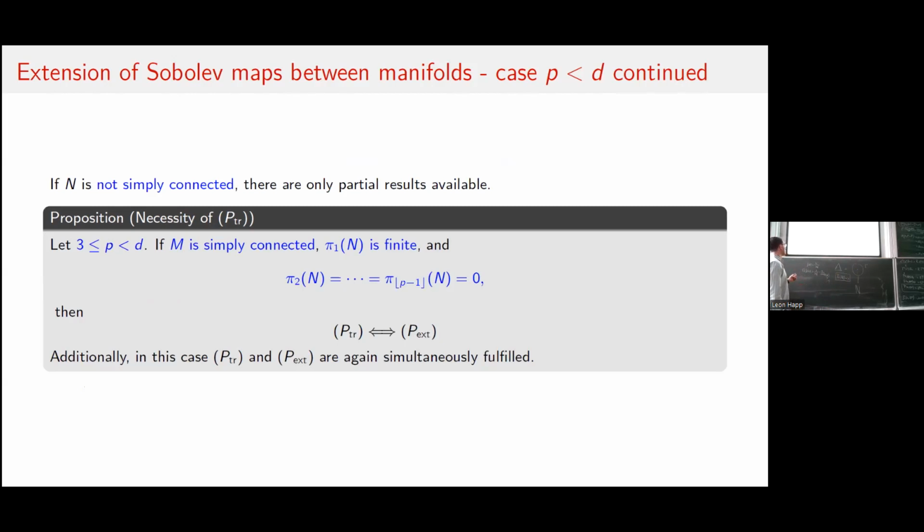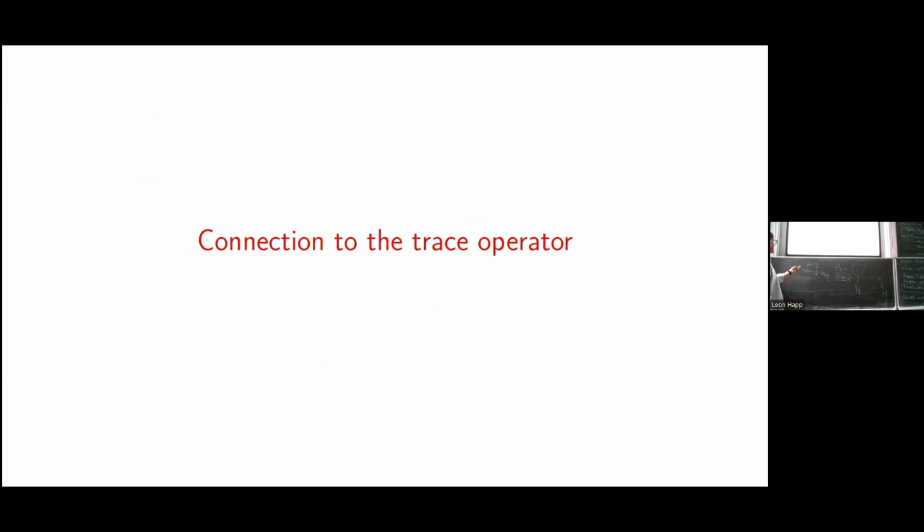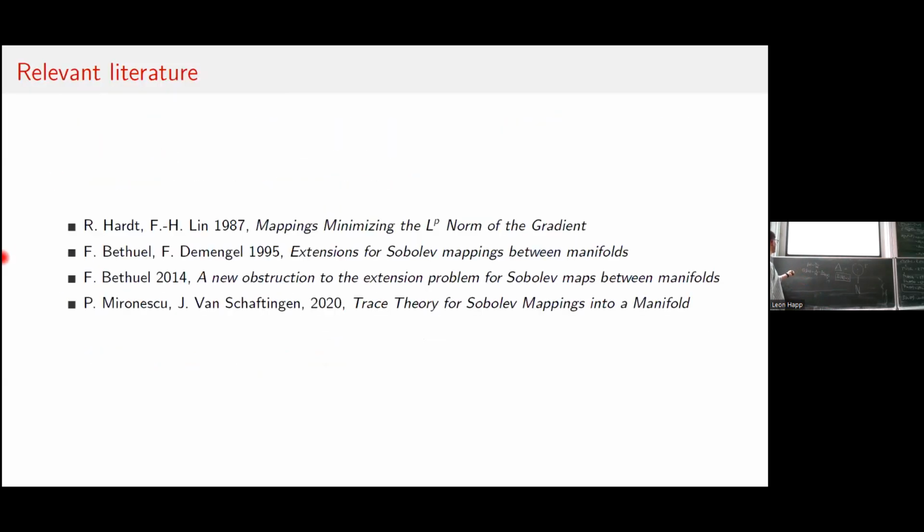What if N is not simply connected? Then there are only partial results available. So this is a very open question, and also for the question of the surjectivity of this trace operator, this is quite open at the moment, because in this fourth paper, it's only shown that for a special range of p, and if your target manifold is not simply connected, but still your first fundamental group is finite, then you can